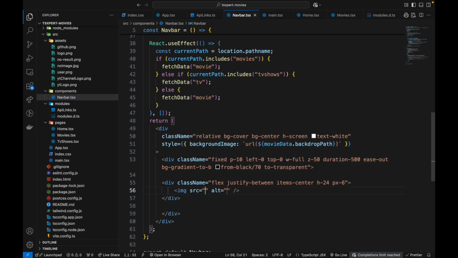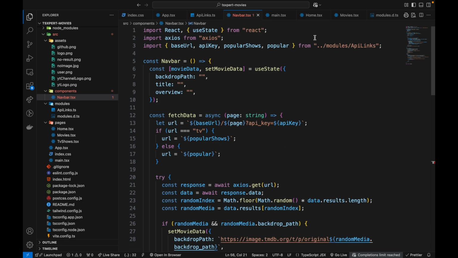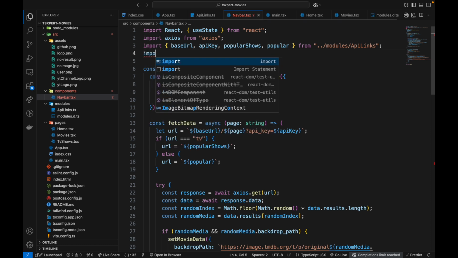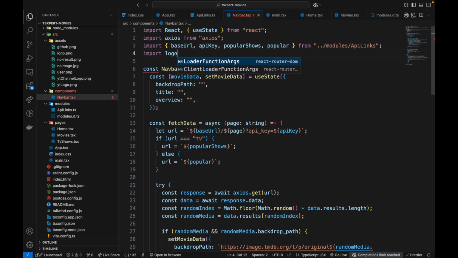Here we're going to create the image for the logo, and how do we use images in React? We need to import them. So we import logo from